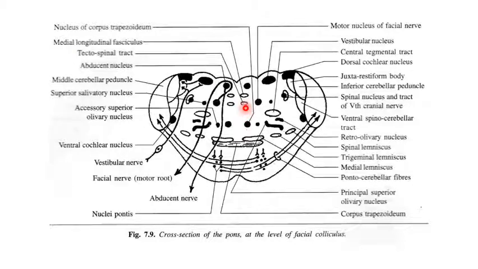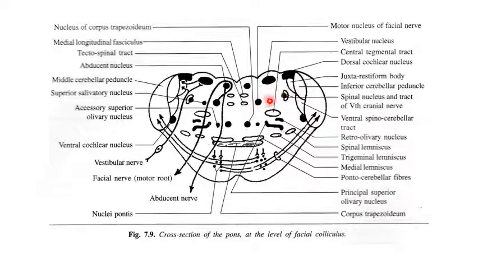Further ventrally, where the pointer is, lies the rubrospinal tract. So in some textbooks you will find three structures: the medial longitudinal fasciculus, the tectospinal tract, and in front of it the rubrospinal tract. They lie along the side of the midline. So we have seen the lemniscal system, trapezoid body, superior olivary nuclear complex, central tegmental tract, medial longitudinal fasciculus, tectospinal tract, and rubrospinal tract.